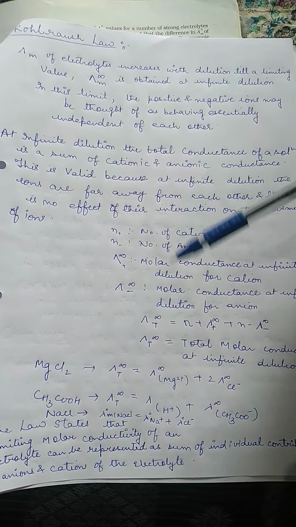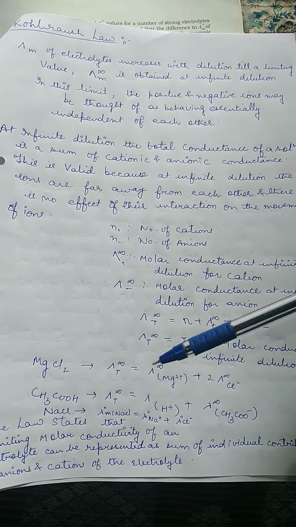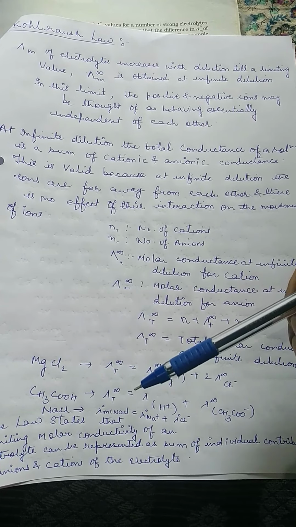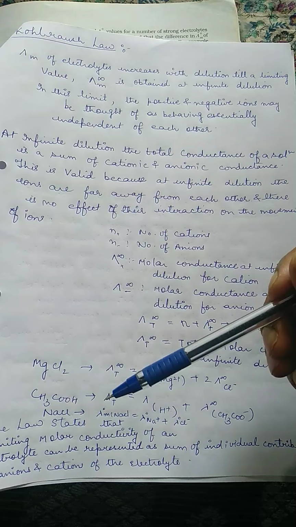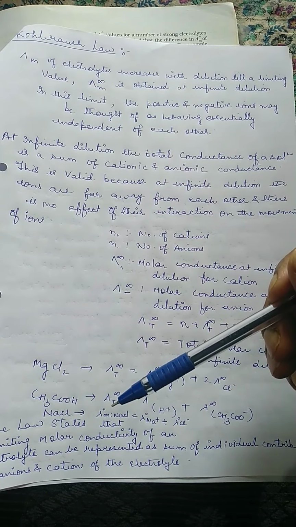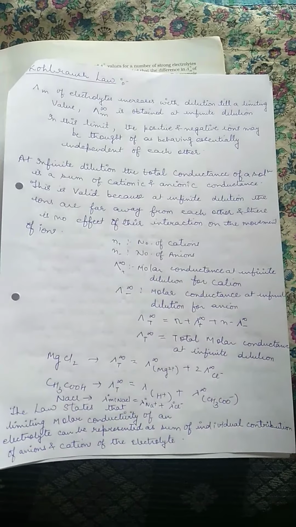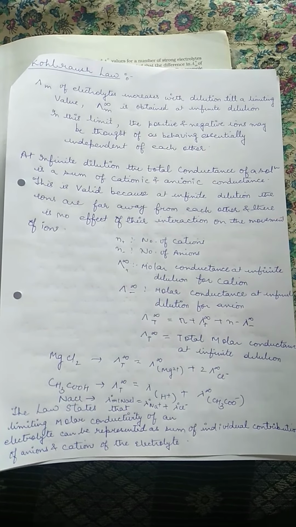Basically, what is being told here is that when we are talking about molar conductance, it is equal to the sum of both the anions and cations. So if these values are given, you just have to add them accordingly and you'll get the answer. Very simple question; numericals come in your board exam in 2 or 3 marks questions. So take a snapshot of this. I have briefly described it. You can refer to your NCERT book also.